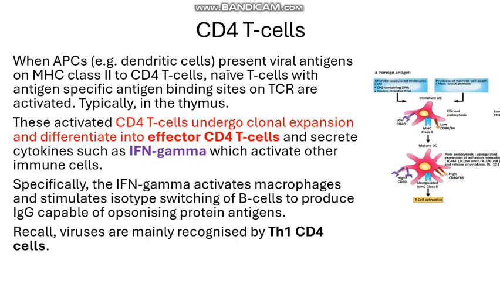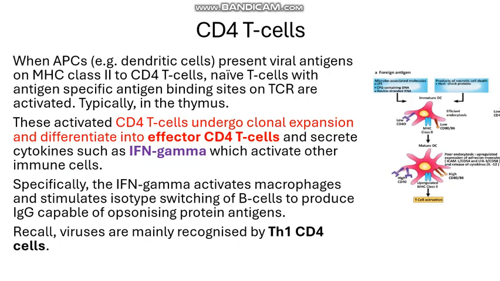These activated helper T cells then undergo the process of clonal expansion to produce lots of duplicates to replicate themselves a lot, and these daughter cells of these activated helper T cells are going to differentiate into either effector T cells that secrete cytokines such as interferon gamma, which is going to activate other immune cells like macrophages,